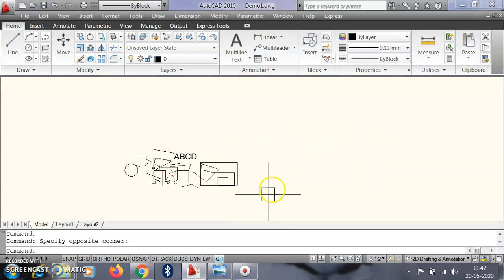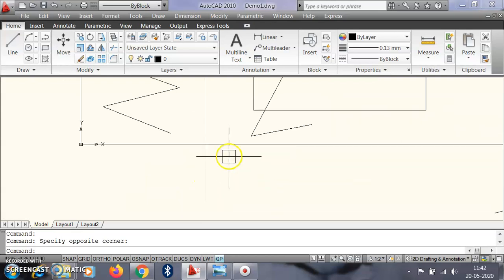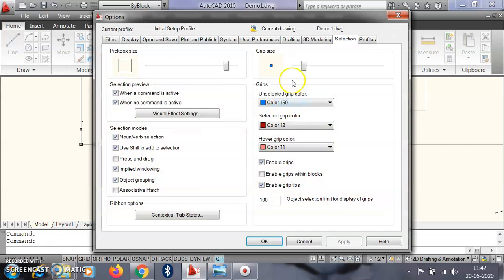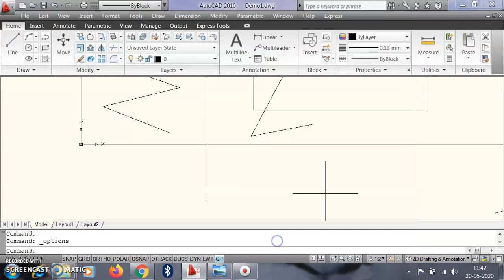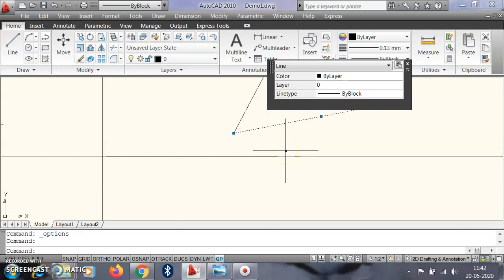This small and large pick box is used in case of 3D work or small work. Suppose we have very minor selections, in that case we can select the pick box as a small size. Okay, so in this way, apply, OK. So this pick box size is very small.